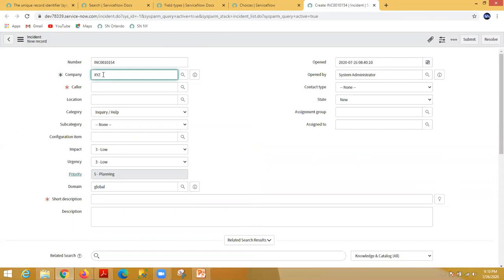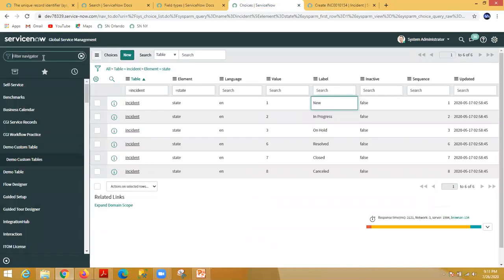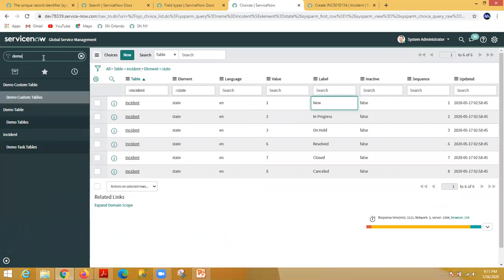Suppose I want to create one record here. Let's create one reference type of field so it will be easy to understand.